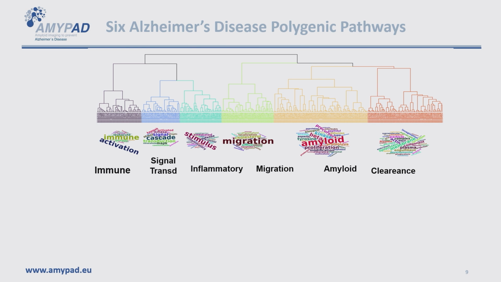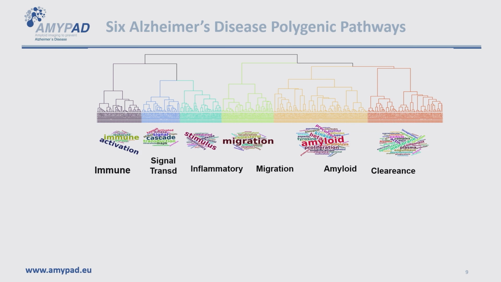And I think what is interesting here is that you can see these are also split in two big clusters. So the first three are more related to inflammatory process in general or immune activation process, while the second three seem to be more Alzheimer's specific. So we have amyloid there, which is the biggest, of course, but we also have pathways related to cholesterol, lipid,